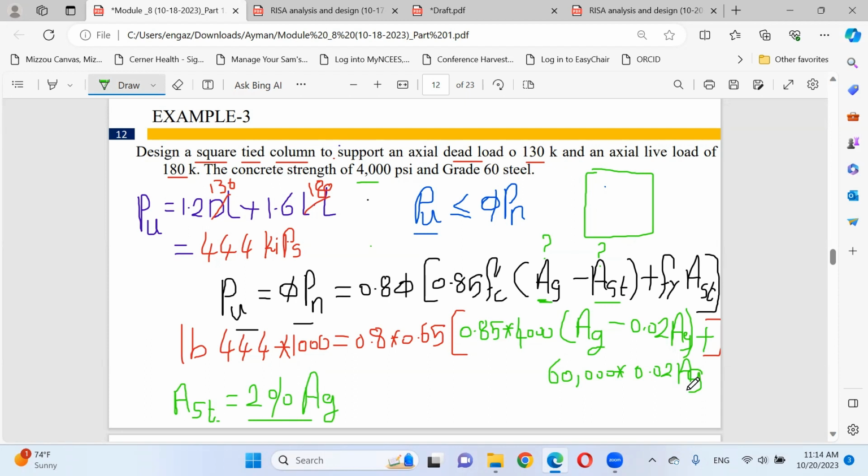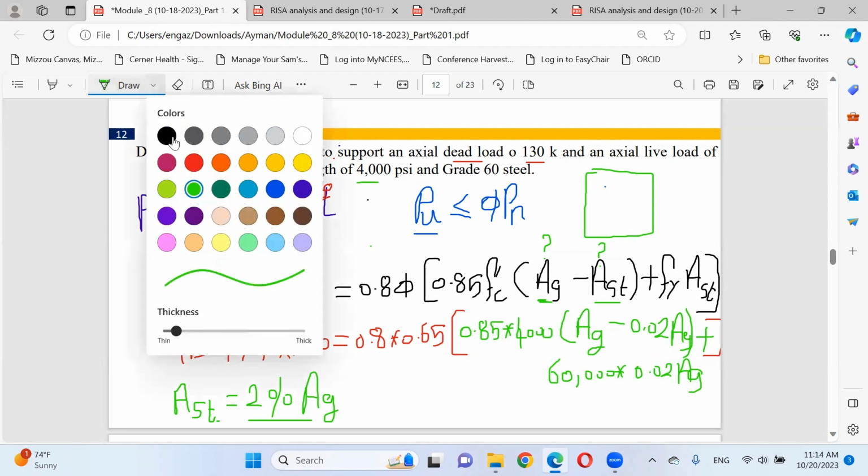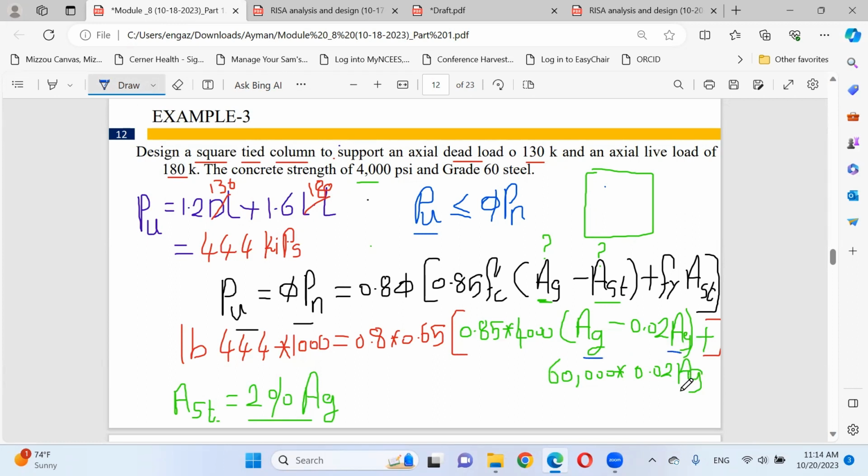If you look right now at this equation, you will find you have only one unknown, which is area gross of the column. This one, and this one, all of them, one unknown, area gross. So I can find out the required area gross of this column. This area gross will be enough to support this reaction of 444 kips on this column.